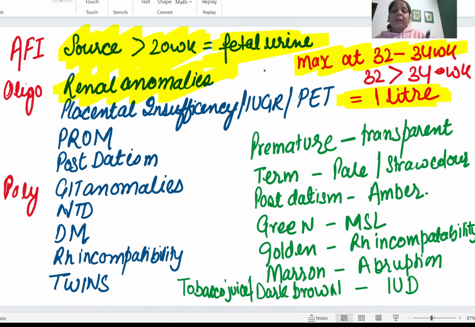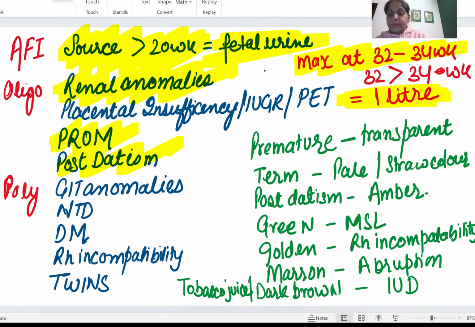Okay, so in placental insufficiency, IUGR, and preeclampsia toxemia, there is decreased urine production because the blood flow preferentially increases to the heart and brain. Okay, the other reason is PROM, premature rupture of membrane, or post-datism,